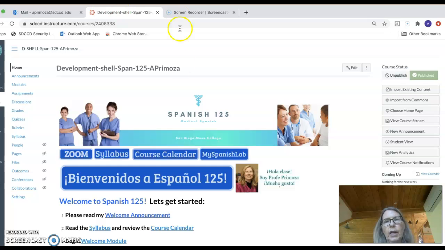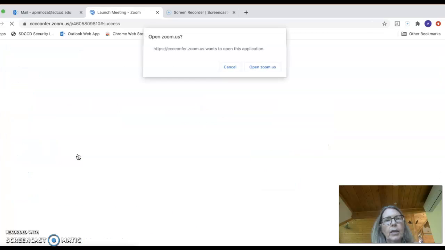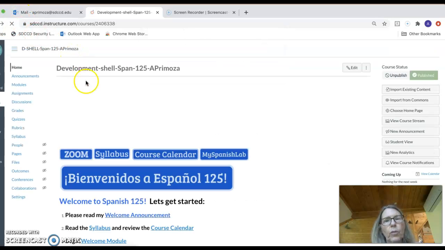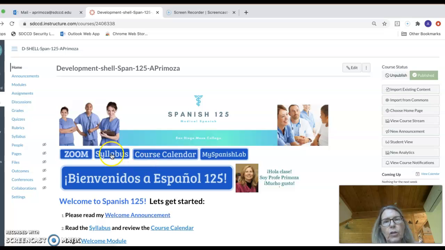As you can see, it has the title here, and it has a series of buttons that will connect you to the most important things in the course. This is how you get to my Zoom room when you want to come to class. You just click on here, and it takes you right to the Zoom room. And to get back to the home page, you just click back. You'll also have